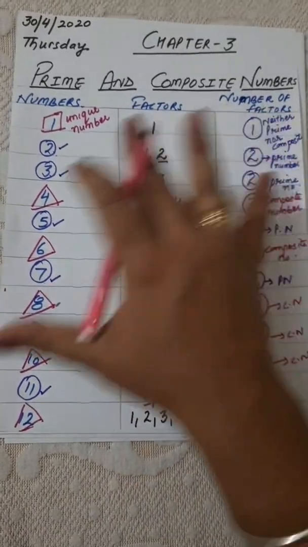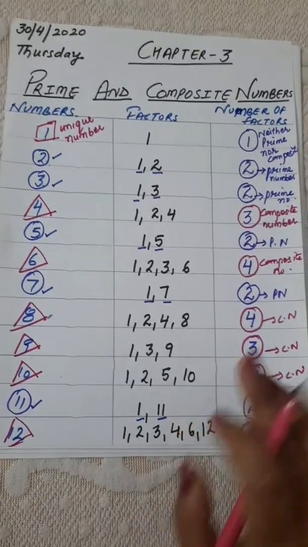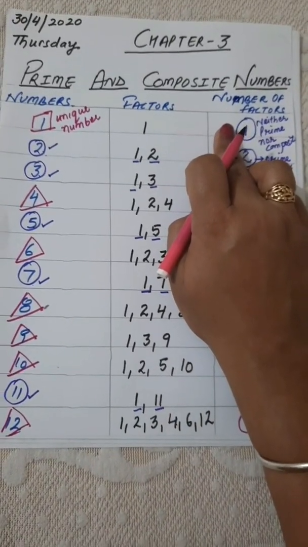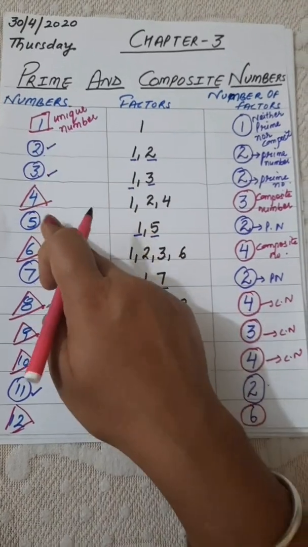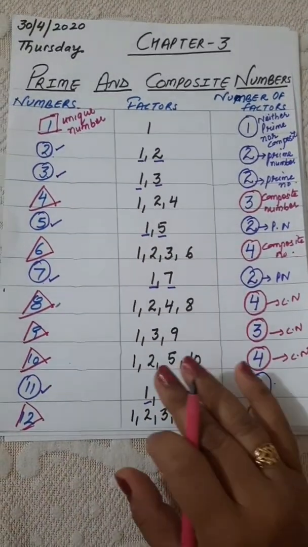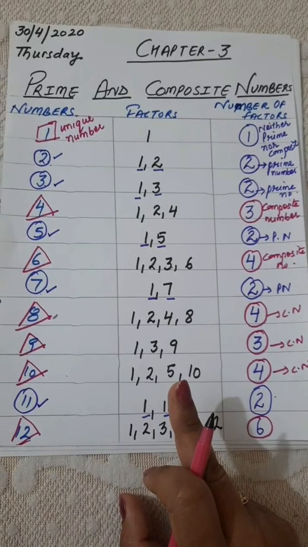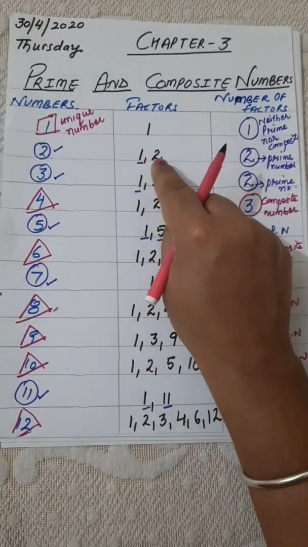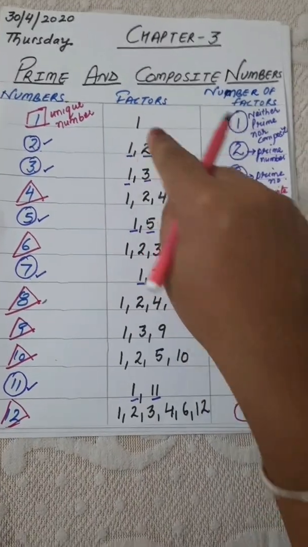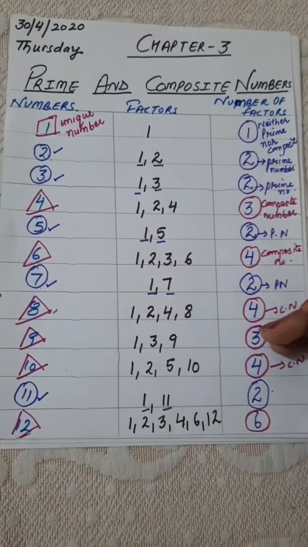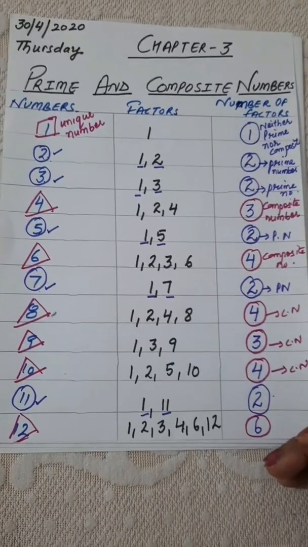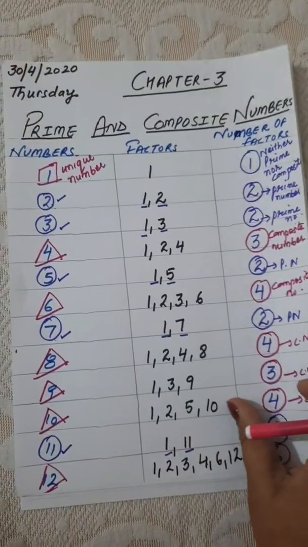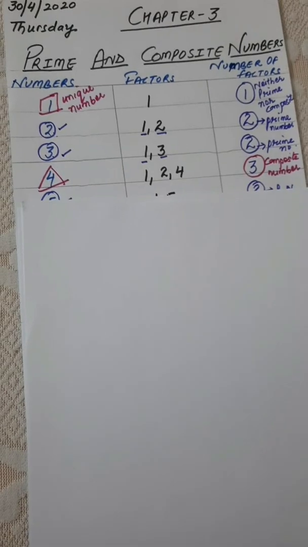If I conclude all the tables, what will I get? 1 is neither prime nor composite. Here 2, 3, 5, 7, 11 and so on are called prime numbers. Why are they called prime numbers? Because the numbers with only 2 factors, 1 and the number itself, are called prime numbers, and the numbers with 3 and more than 3 factors are called composite numbers. I have to write the definition of prime numbers. So how could I write the definition of prime numbers? From this I will write,